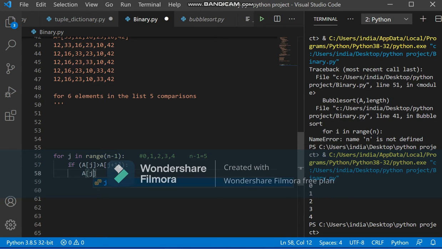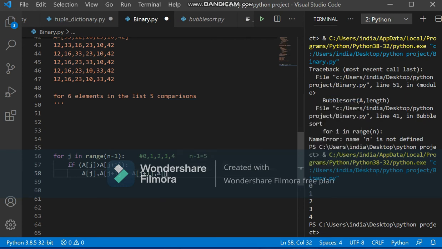In Python, to swap we can write this statement: a[j], a[j+1] = a[j+1], a[j]. It means at the place of j we want to store the value of j plus 1, and at the place of j plus 1 we want to store the a[j] value.